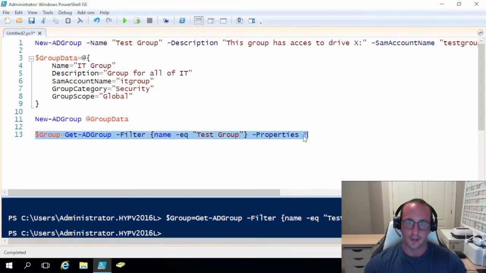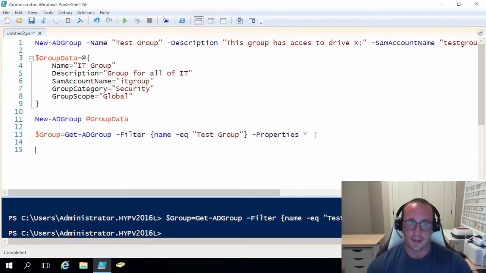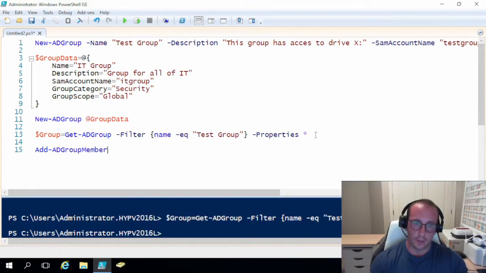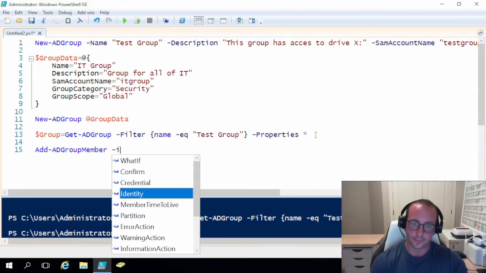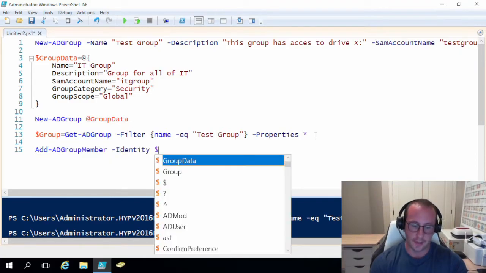So let's get that. All right, so the first thing we want to do is we want to be able to add a member to the group. So what we're going to do is we are going to add the test user one to the test group. So we're going to do Add-ADGroupMember, and the identity is going to be group,